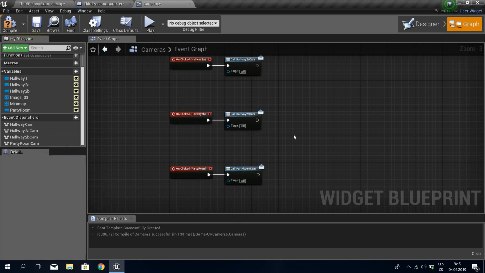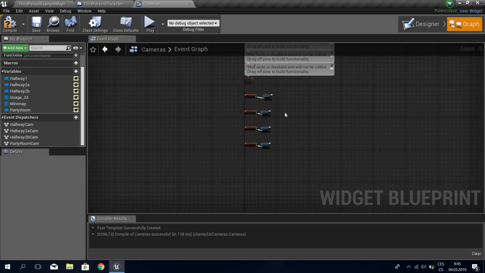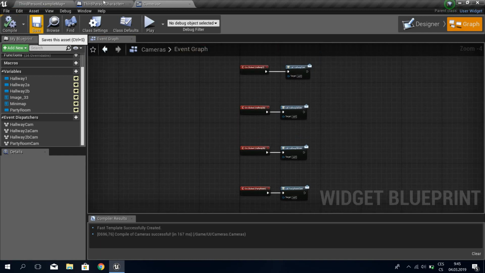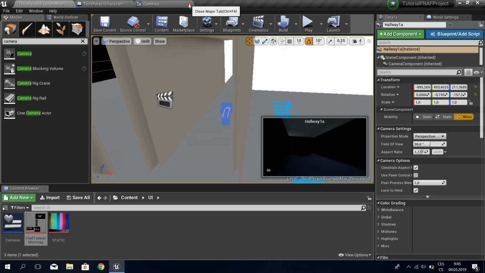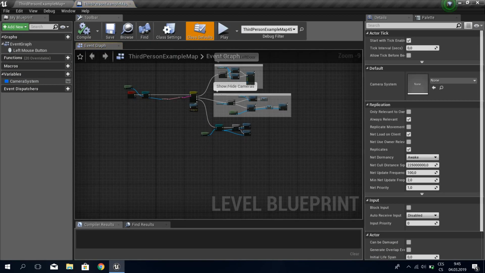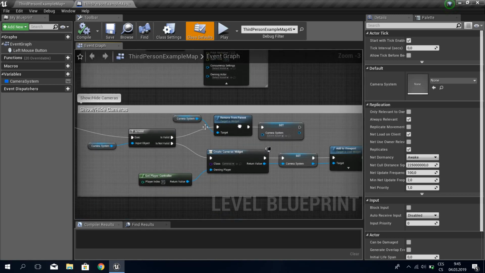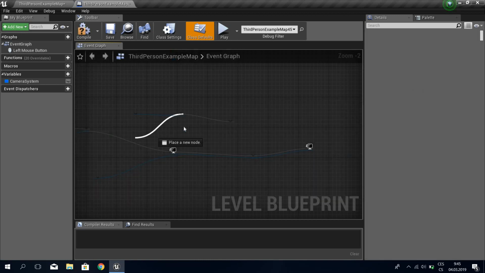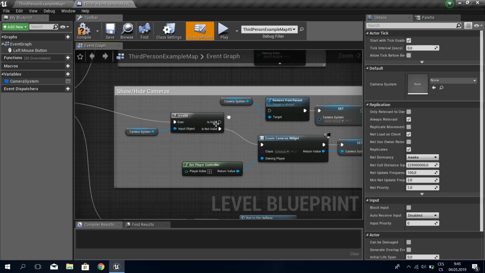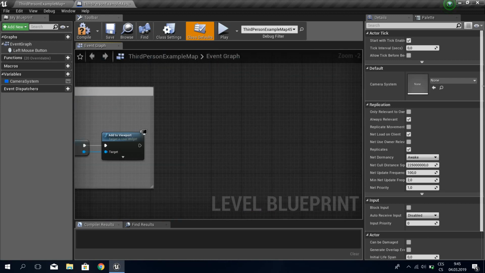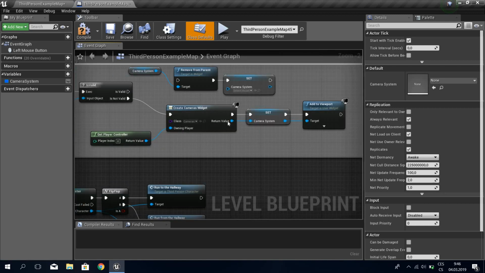So now let's delete this one, and after you've done this for each camera you have, let's compile and save. And we can close it. Close this. Go to blueprints and open level blueprint. Now at the show height cameras we will delete. Oh no. We'll disconnect the is valid, okay? The is valid we will disconnect. We will do this, and from here